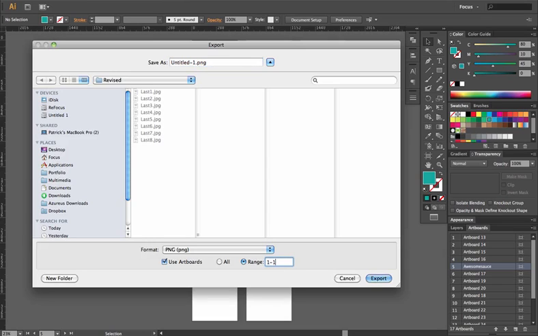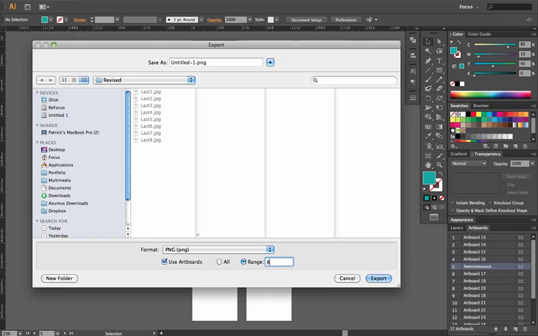You may want only 1 through 10. You may only want 4, 5 through 10, or 3, 7 through 10, or just any random number artboard,